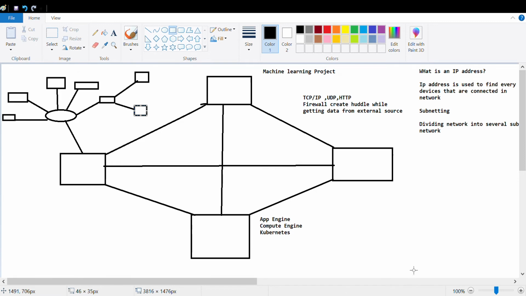Now here, suppose this is one network, with four devices connected in it. You can see here, in place of using this node, I connected one router and several other networks. This is one network of three devices. You can consider this as one network. Network means what actually? When you connect some nodes or systems together, it becomes a network.